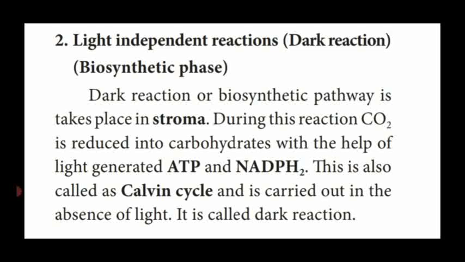Dear students, this process takes place in the matrix region or stroma region of the chloroplast. What is stroma? The region at the center of the chloroplast surrounded by the two membranes is called the stroma. Dear students, during this reaction, the plants absorb carbon dioxide from the atmosphere, which is reduced or modified into a food material called glucose or carbohydrate with the help of